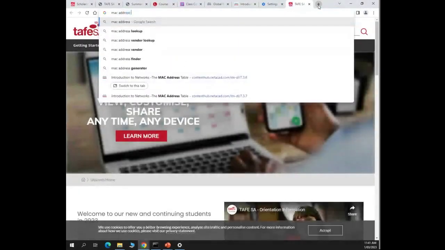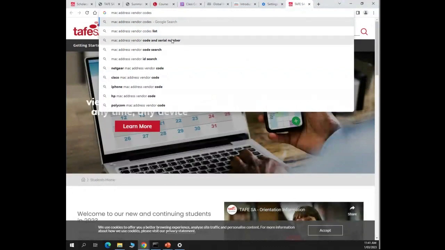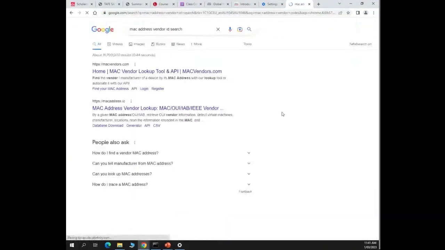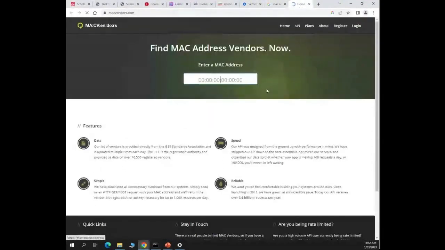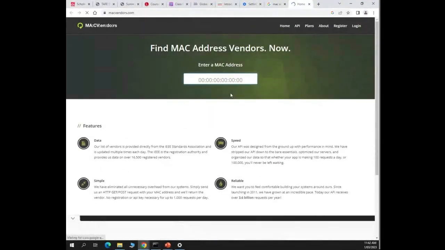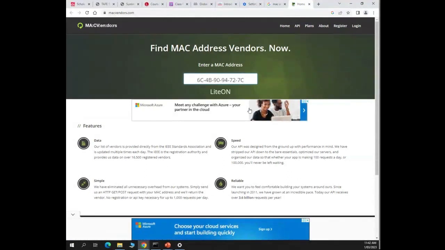If we go here, MAC address vendor codes. Okay, vendor code search. Let's do a search. All right, let's go to the vendor. So let's say I didn't know it was a Realtek because for some reason it didn't come up. If I just plug in my MAC address, like I just copied it out of my command prompt just then, and I,